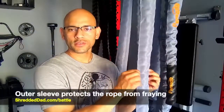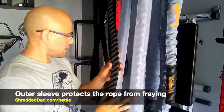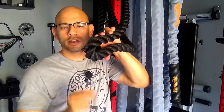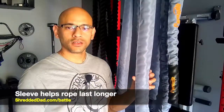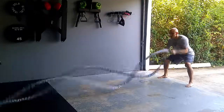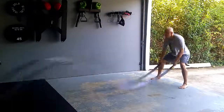Now, the most obvious difference between the two is that this one brings a sleeve. When you compare these two, you can see the difference right there. And the bad thing about this one not having a sleeve is the fraying, of course. As you can see right there, I've used it and it starts to fray over time. Now with this one, you're going to have that added layer of protection. So this one is going to last a longer time, and you can take this one outdoors too. You can take it to the park, you can take it and work out in your driveway, and you're going to make sure that you have a battle rope that's going to last you a longer time with this extra